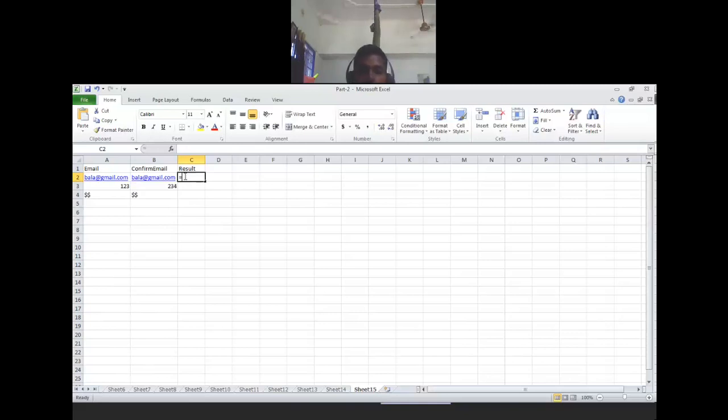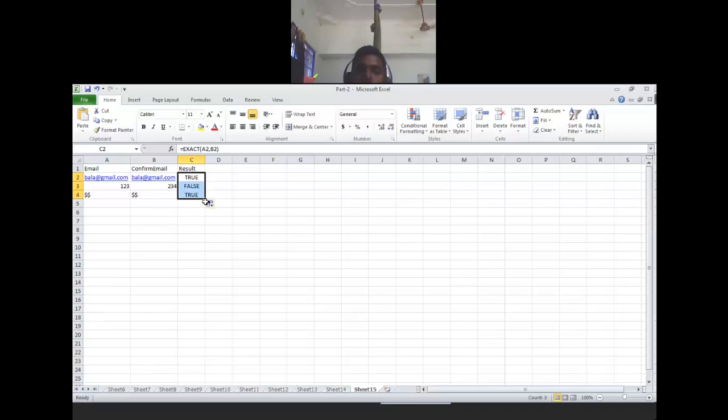Now write the formula. As usual, every formula starts with equals. EXACT is not case sensitive. EXACT(A2,B2), just press enter. Look at TRUE: it means these two cell values are equal. FALSE means not equal. Here 1 2 3 and 3 2 3 4 are not equal, that's why we got FALSE. With the same values we got TRUE. EXACT can be applied to any value to compare whether two cell values are equal or not.